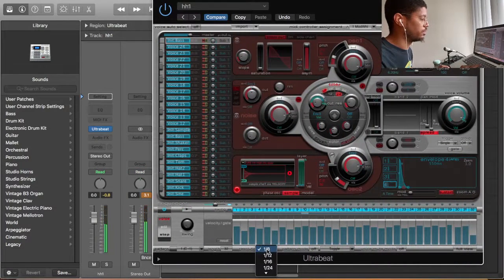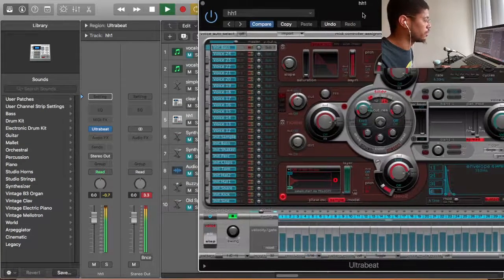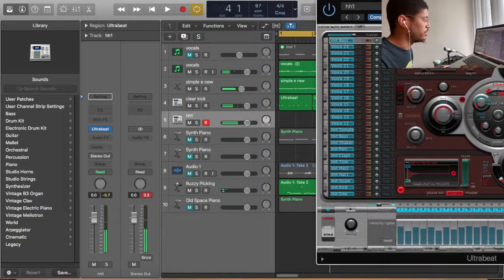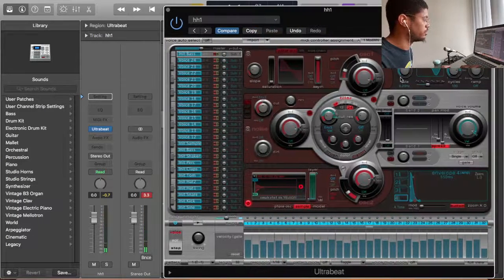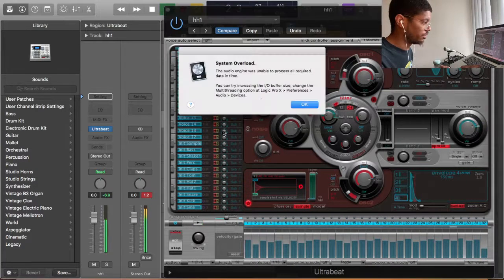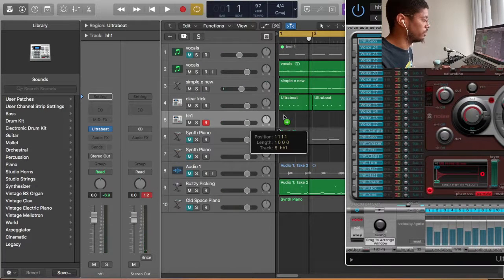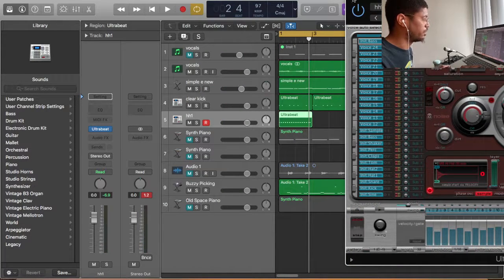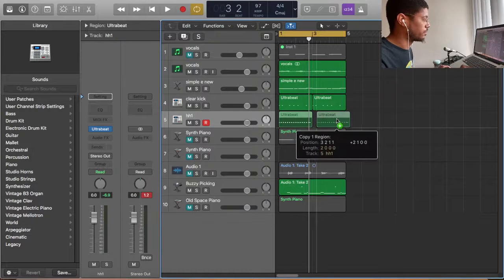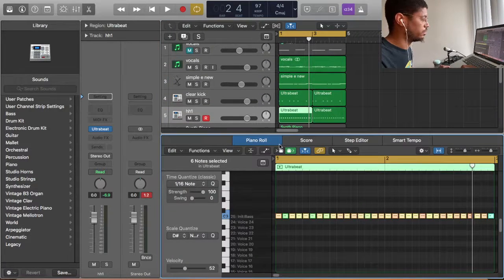Let me try 116. I like this hi-hat, so I'm going to keep that. I'm going to turn it down so it's peaking around 12. Right here, 12 or 15. I'm going to keep doing that because I'm recording using OBS. I'm just going to drag this out here, turn the sequencer off, and let's get into this